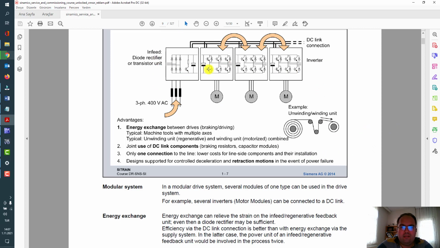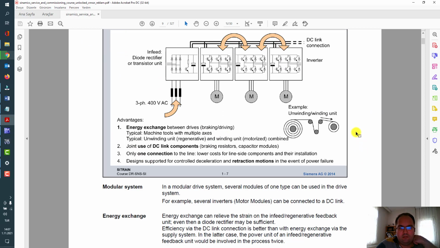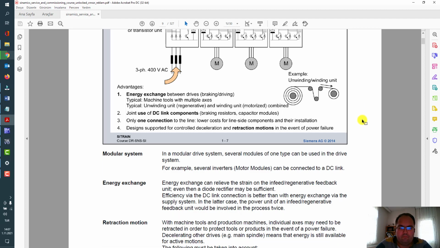When you compare to AC single-axis units, the multi-axis modular drive system has some advantages, of course. And the last thing, design-supported controlled deceleration and retraction motions in the event of power failure.